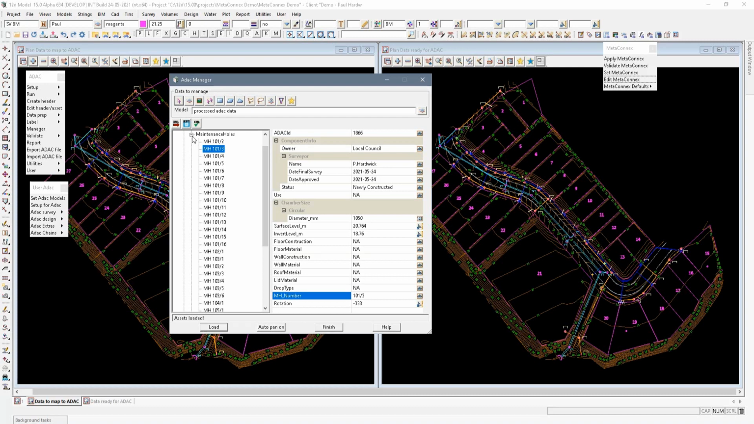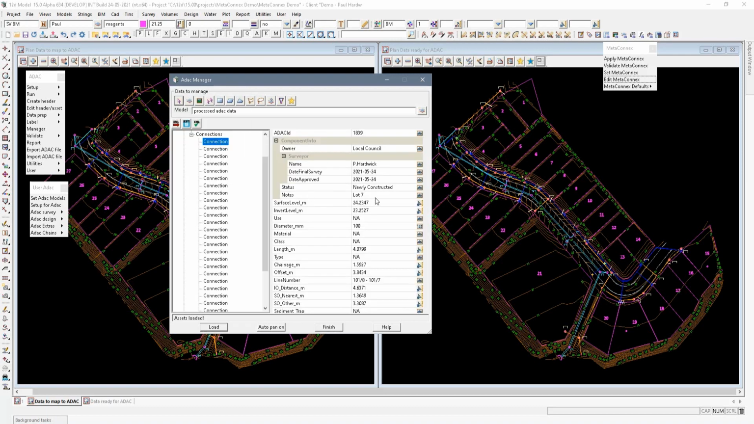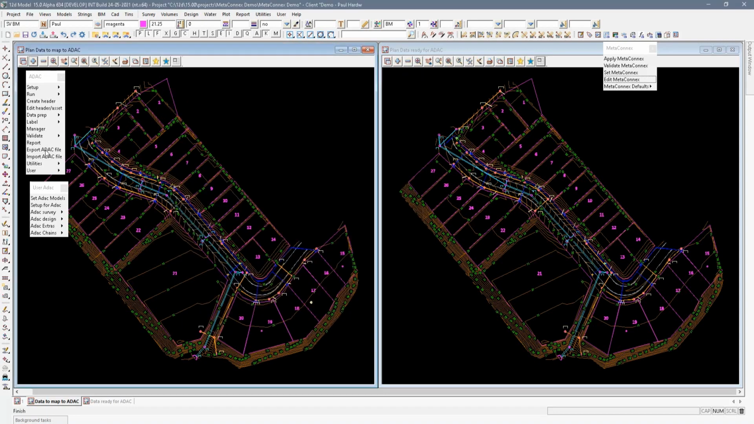And I think the most impressive one of all, if anybody has ever done ADAC with sewer connections, it has done an enormous amount of work. So it's got the surface level, invert level, the diameter, the length, the chainage, offset, line number, IO distance, nearest. So for you guys who don't understand ADAC that much, let's have a look at what this thing has done. So I'm just going to run this little dimension tool, because what they want to know,